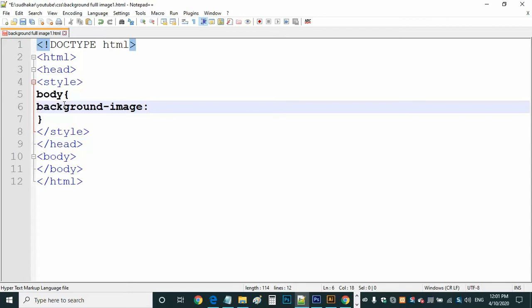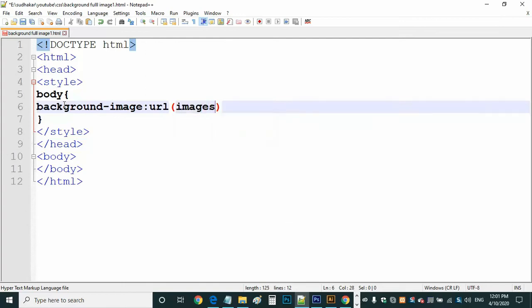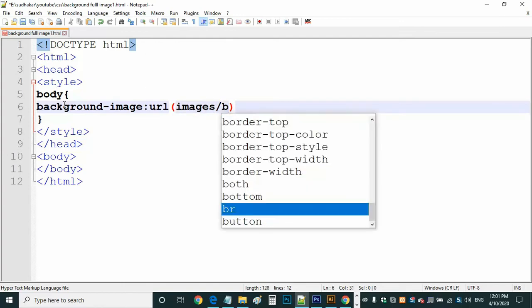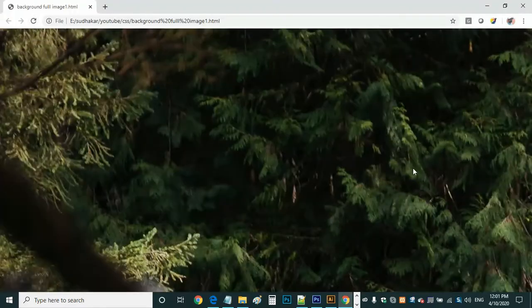So for background image, I can use url, and the image is bridge, available under the images folder, bridge.jpg. I hope it is a JPG file. Let me save this and run it. So we got a background image,